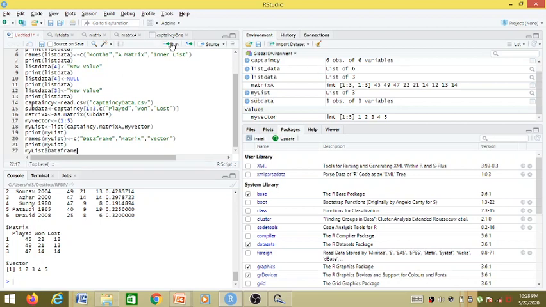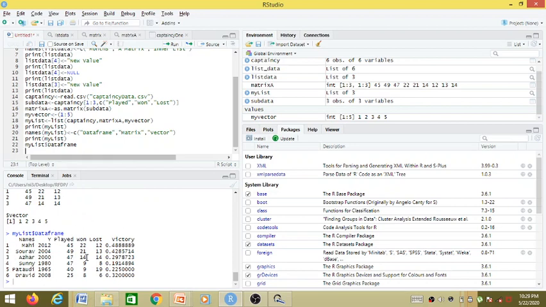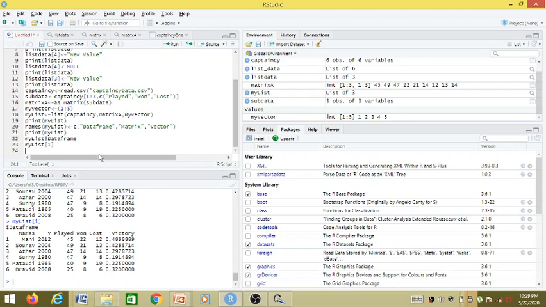And if you run this, you will be able to see that particular element. So now it is not displaying the entire list, but only the first element because we have asked for it. The same we could have done using the index. Like here, suppose I give 1 and run this, I will get the same result. You can see here. So either by name or by index you can extract a particular element from the list.